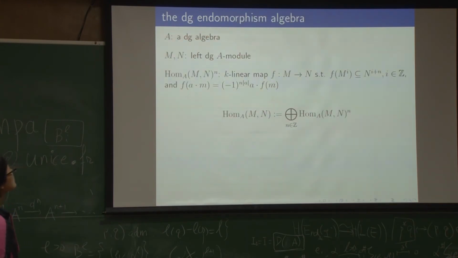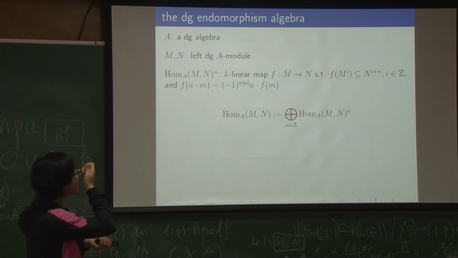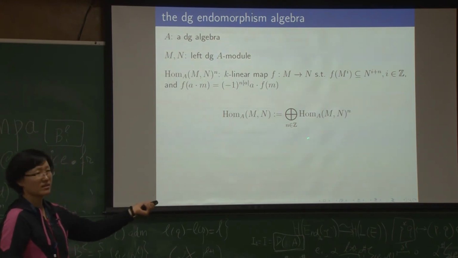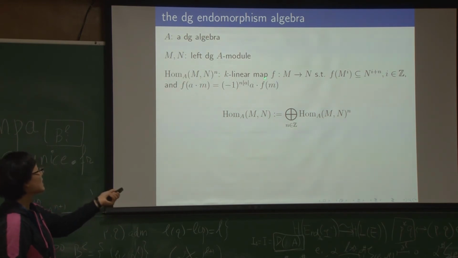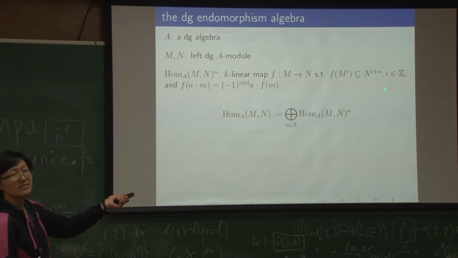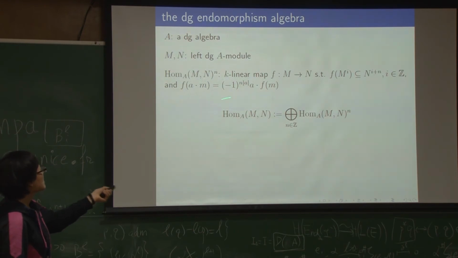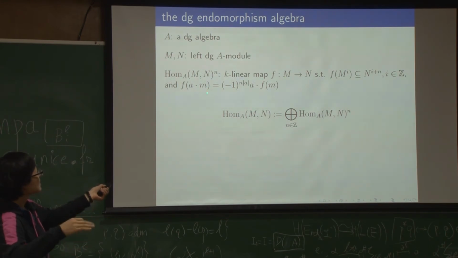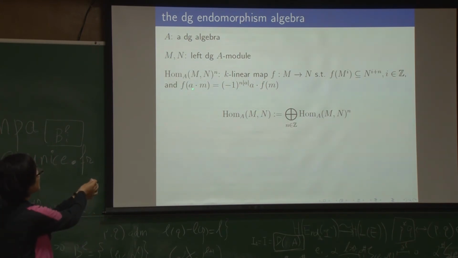So then we need to give the definition for DG morphism algebra. For two DG models, we can have a Z-graded vector space here, such that each component consists of the maps of degree n, and it also satisfies this. In fact, this is similar to saying that f is a map, but here we have degree, so a and f change their position. So here we have these degrees here,